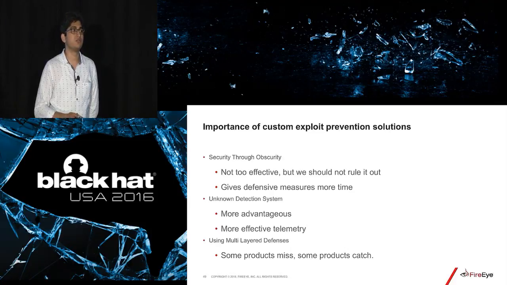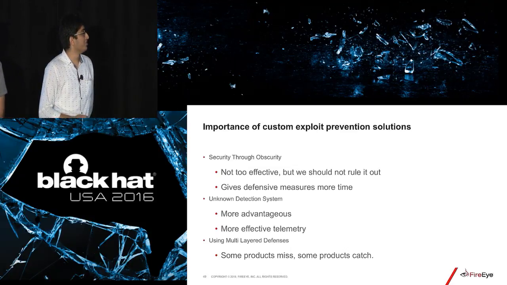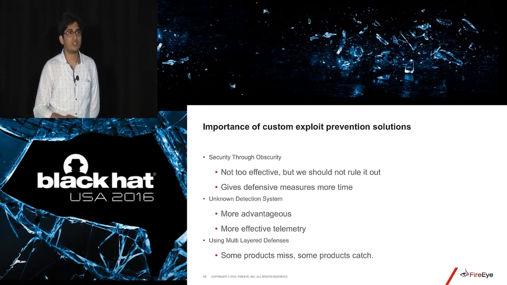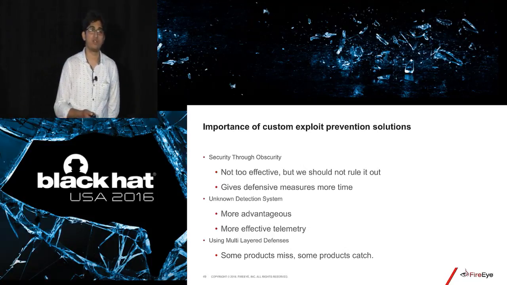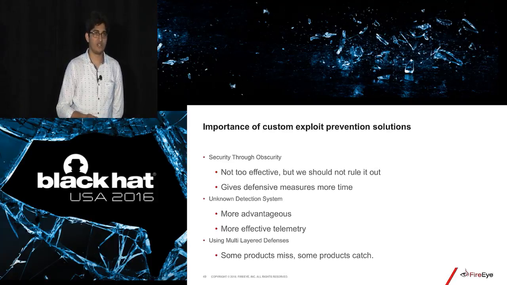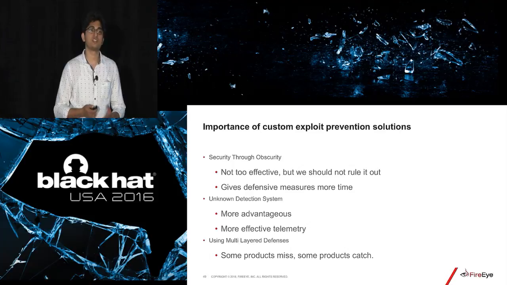It gives the bad guys more time to even understand what's wrong. And suddenly one day their exploit is working, and the next day their hit rate is, let's say, 2-3% less. Why? Because of some detection product that is coming and blocking it. So it's always more advantageous to have multiple protections, and it's even better to have a custom one, because eventually you'll realize that if you use something which is public, everybody has access to that, everybody has the code for that, and